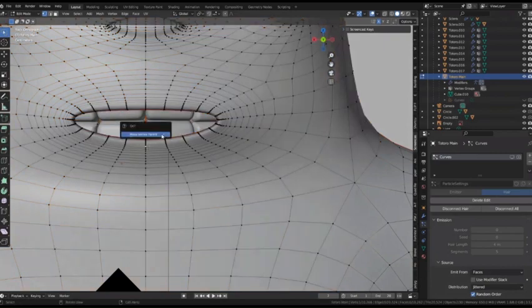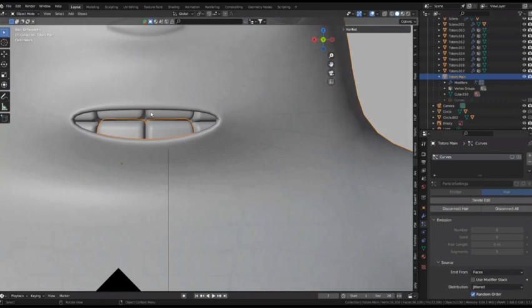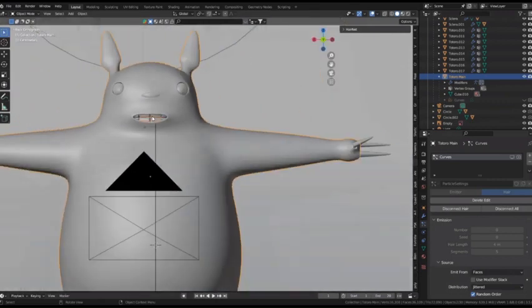We can use vertex parents, as you can see right here. And that is something that is incredibly useful whenever you want stuff to stick to an exact location on your mesh. Alright, for example, I've used it a few times where I have, for example, an outfit, a long jacket